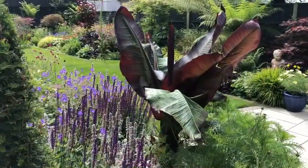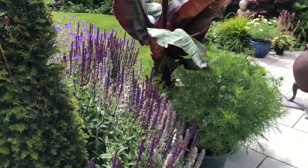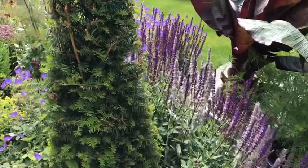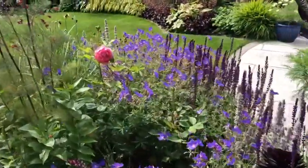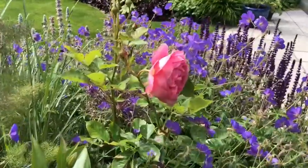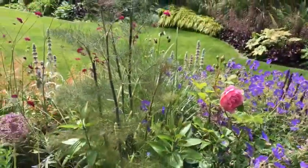This beautiful Abyssinian banana is in a pot, but it's well fed, it's well watered. I feed it with Tomorite, and the Cosmos is Cosmos Dazzler. And then here we've got Salvia Caradonna, Geranium Brookside, and the rose here, which are just going over. This is one called Boscobel. More bronze fennel,